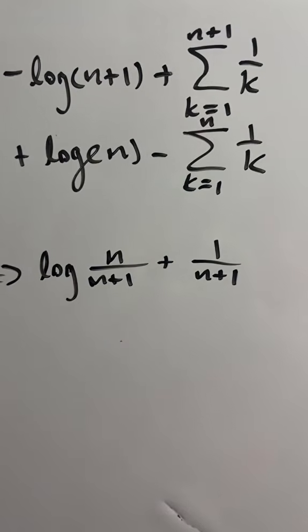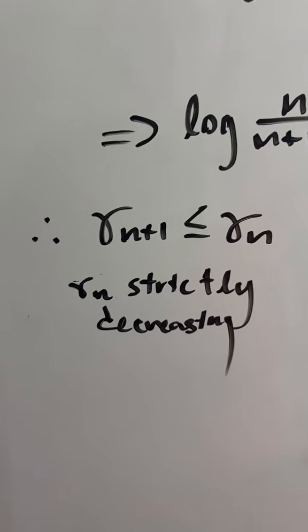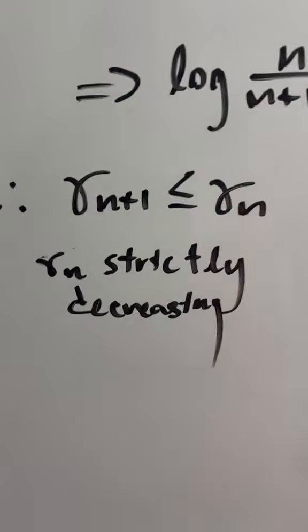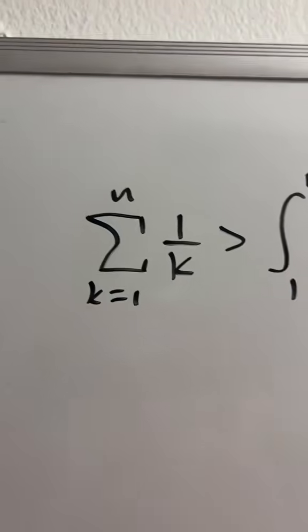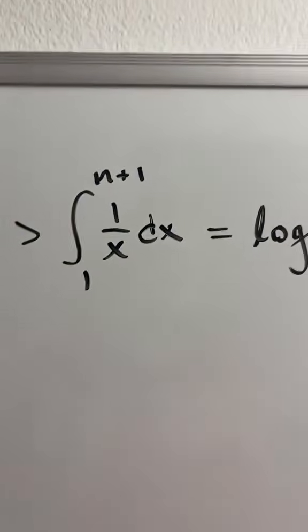we can quickly simplify to something that looks like this. And if I was more motivated, I'd prove this, but it's actually always negative for any value of n. Therefore, for any n, gamma of n plus 1 is less than gamma of n, so gamma n is strictly decreasing. Now to bound our sequence, we know that the series 1 over k will be bounded below by this